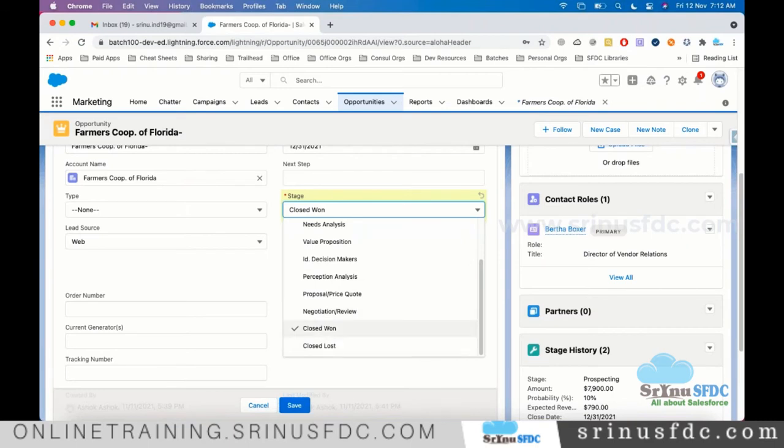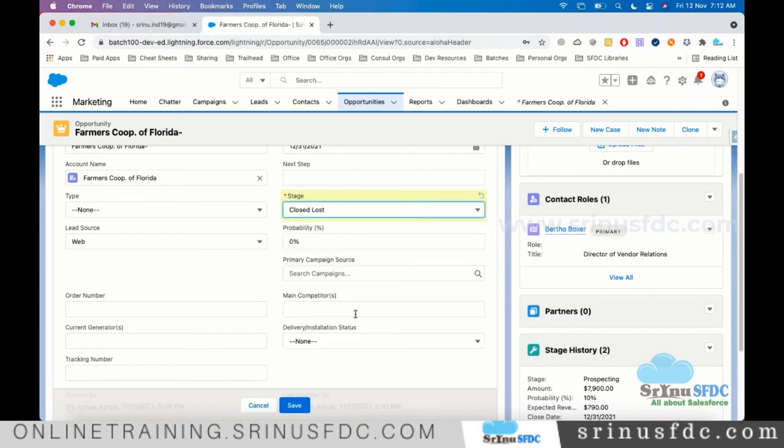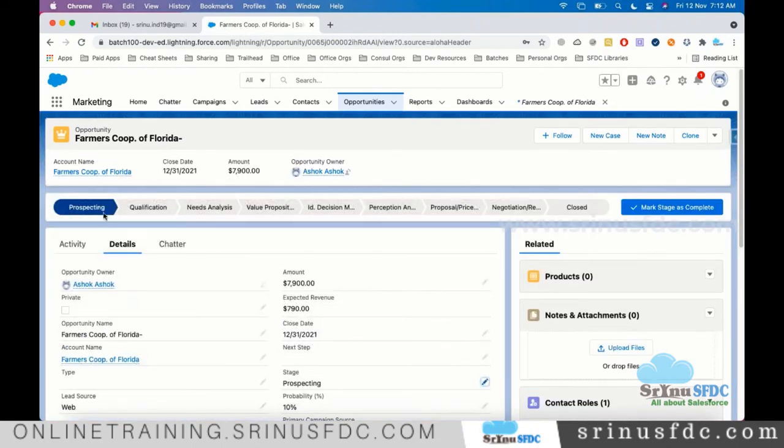Let's say they don't like the quotation or they don't like whatever this company is offering, that can be closed lost. So it can be anything. Based on what we mark here, whatever you are seeing here, this we call the sales path, the opportunity sales path. This will be changed.